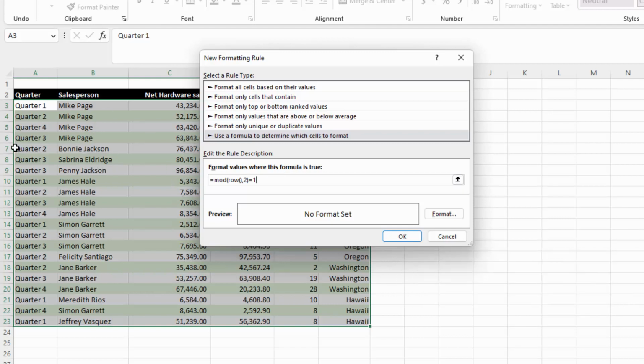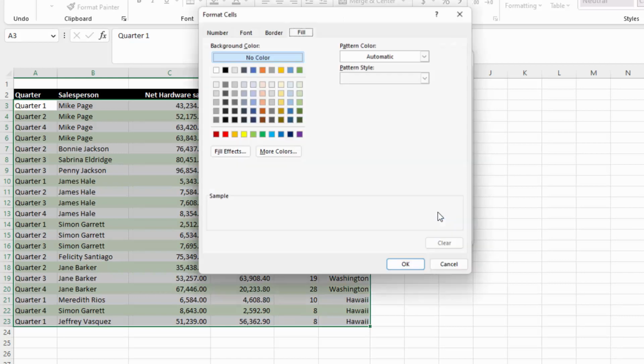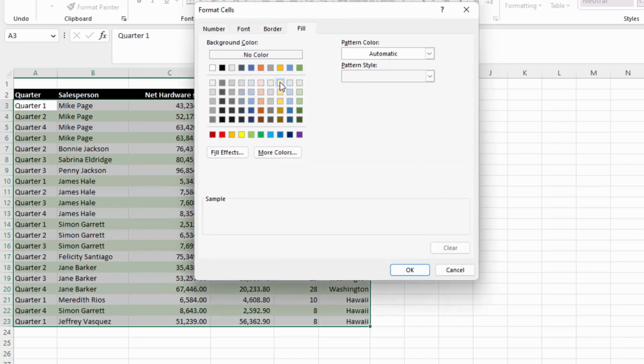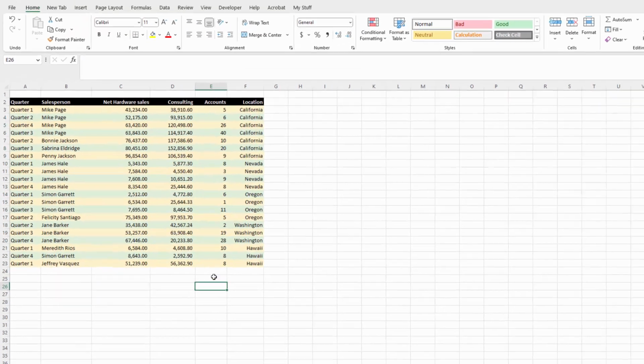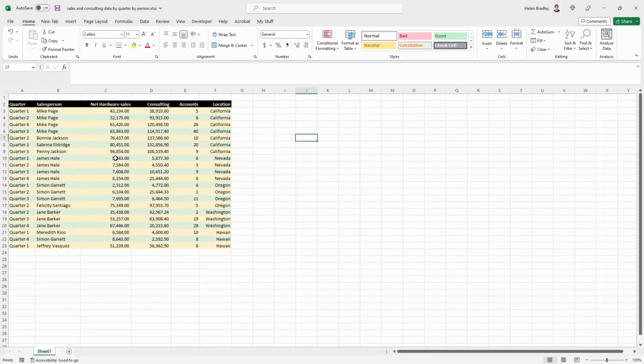So in row 7, for example, 7 divided by 2 is 3, but there's 1 left over. MOD just returns what's left over. So the mod of this is 1. 1 equals 1. And so this is going to be the format. We're going to do an orangey yellow for this. And click OK. Now the benefit of writing formulas like that, very simply but well explained, is that you could